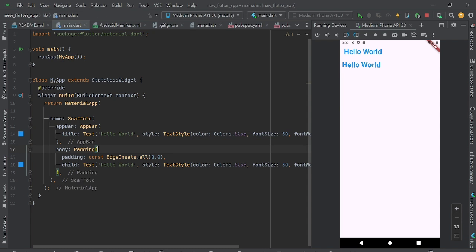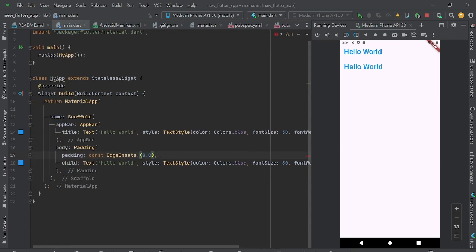तो यहाँ पे हमने यूज किया है एज इंसेट्स डॉट ऑल 8। इसका मतलब ये है कि इस विजेट के चारों तरफ से ये 8 का स्पेसिंग कर दिया। हमने यहाँ पे 16 कर देते हैं तो अगेन हमारा पैडिंग जो है ये बढ़ जाएगा। ठीक है, तो यहाँ पे हमने पैडिंग देख लिया, पैडिंग क्या होता है और किस तरह से ये काम करता है।